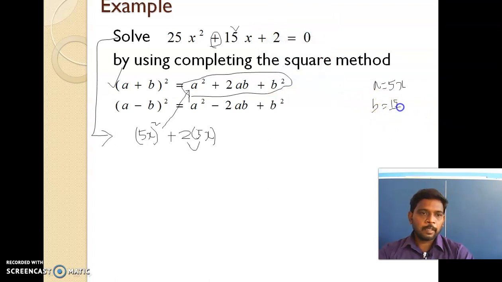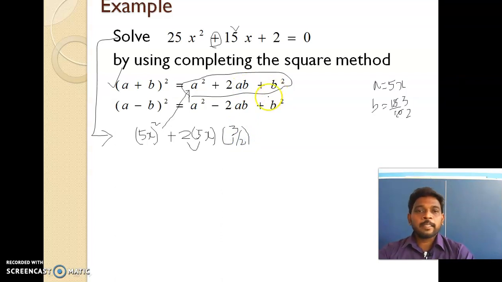So divided by 10. So when we simplify, what will happen? Here 3 5s are 15 and 2 5s are 10. So 3 by 2. So the value of b is nothing but 3 by 2. So in the formula next we need to write, instead of b, we can write 3 by 2. So 3 by 2, no need to write 1.5.